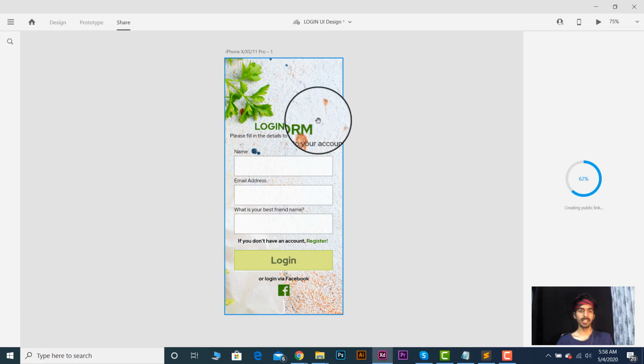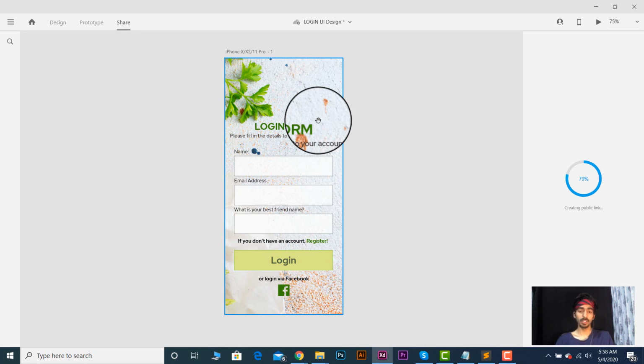Basically, Adobe XD is a vast version of UI UX. From this we can create a design and also get some HTML and CSS, and also get the colors and fonts our designer used.